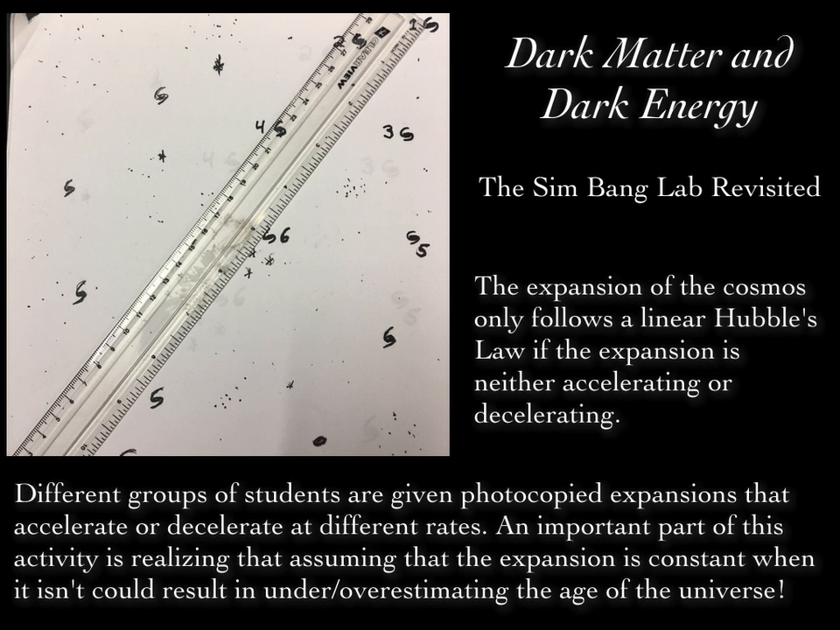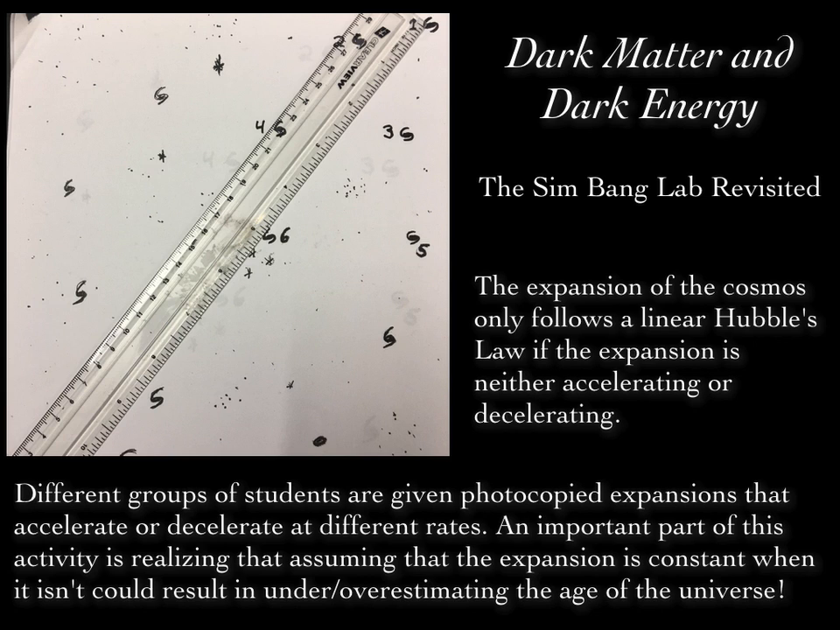Later on in the semester, when we're talking about dark matter and dark energy, we do the lab again, although this time I give each group of students a different photocopied universe. Some photocopied at an accelerating rate, say 110%, 130%, 160%, and other groups I give a universe that is photocopied at a decreasing rate, say 120%, 130%,